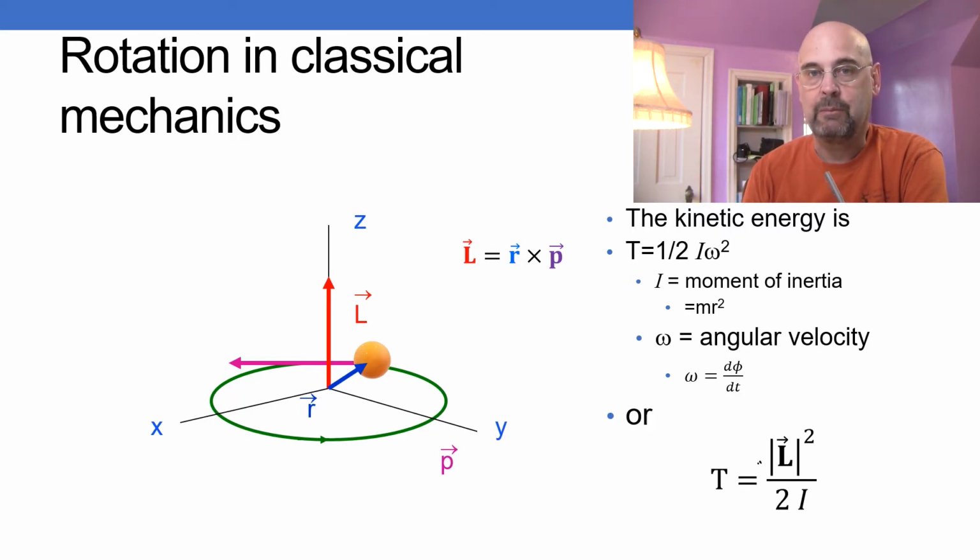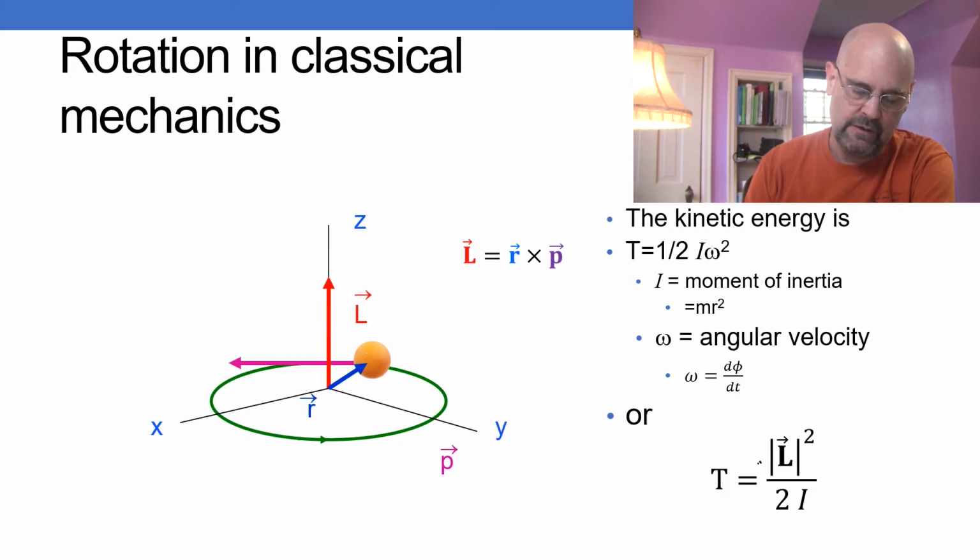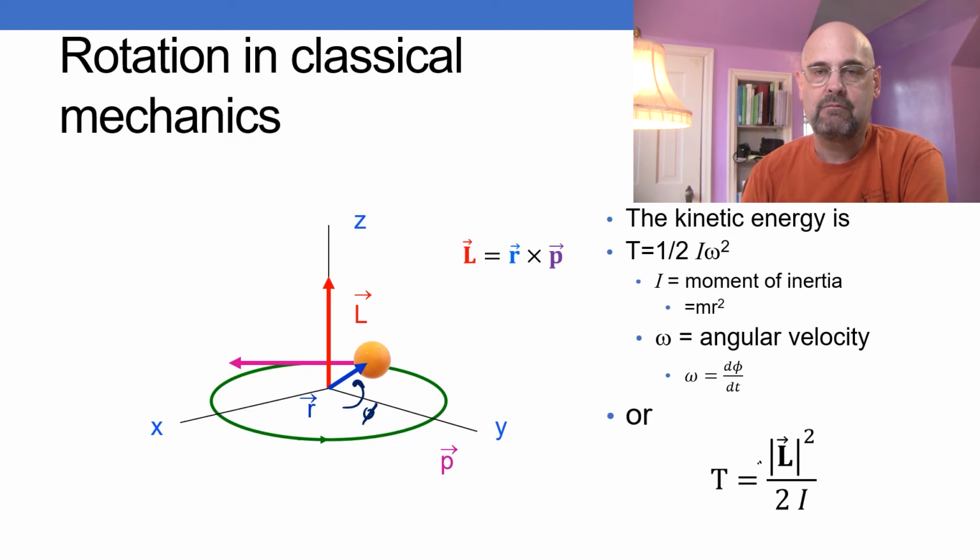The kinetic energy is going to be equal to 1/2 I omega squared. I is the moment of inertia. It's a generalized mass. Omega is angular velocity, so d phi dt, where phi is the rotational angle. And so much like straight line motion, where the kinetic energy is mass times velocity squared, for rotation the kinetic energy is, again, a generalized mass, the moment of inertia,